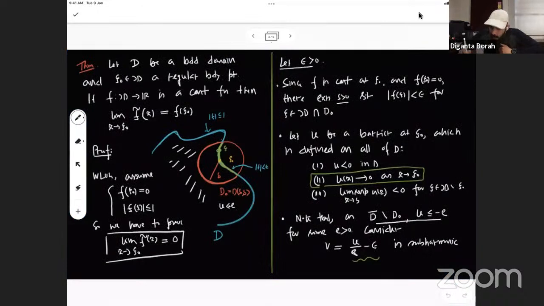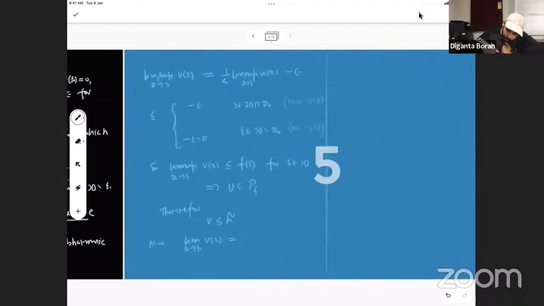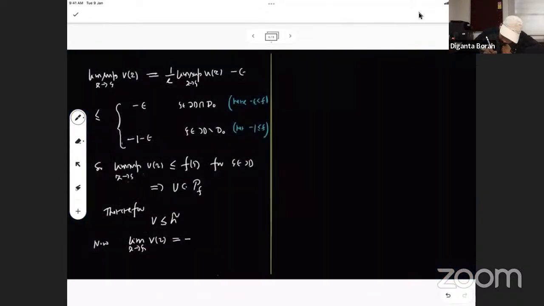Yeah, so v is here, u by rho minus epsilon. U goes to 0 when z goes to zeta naught, right? So that means v will go to minus epsilon. Okay, so because of our modification, all we have now is minus epsilon, 0. But h tilde is more than v, right? So this would mean that if